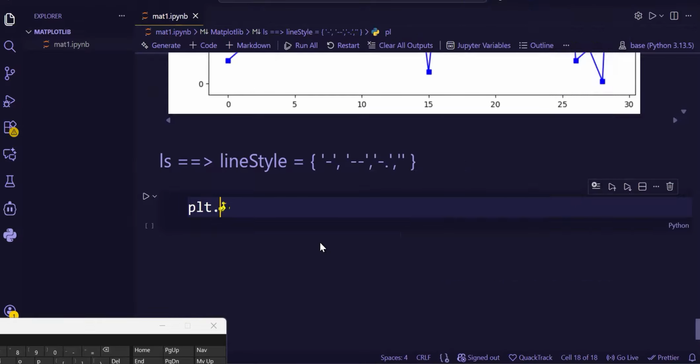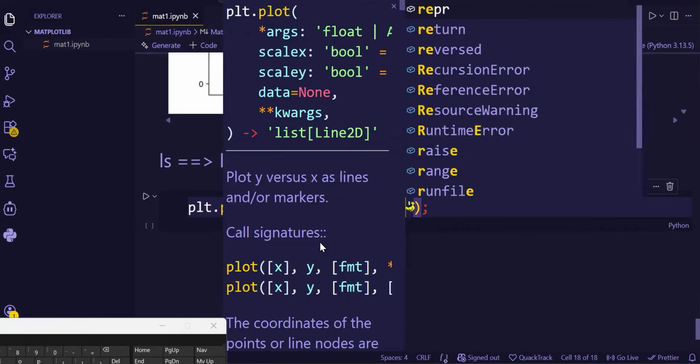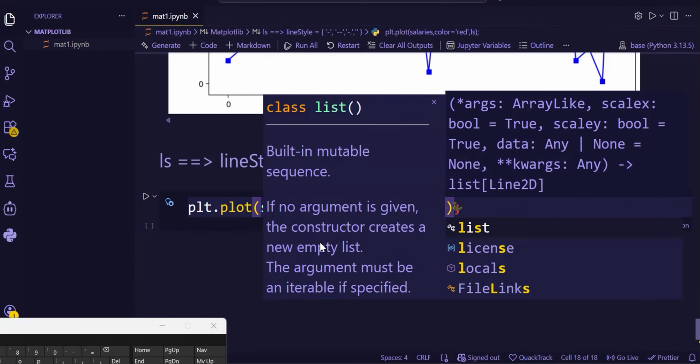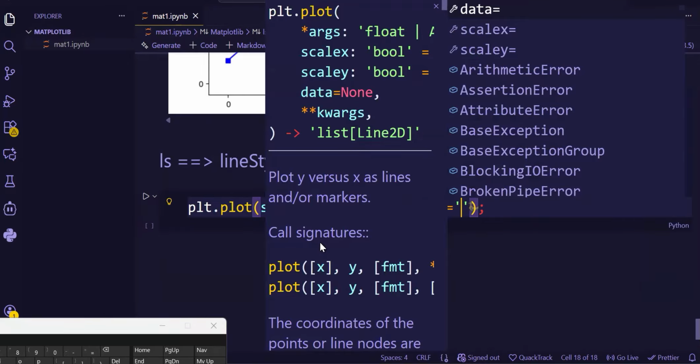So plt dot plot semicolon. Then what we can write? We can write here salaries. Then color is equal to red, and then we can provide one more attribute here. That attribute is nothing but ls. Okay, so ls means line style we can provide, and in the line style what we can mention,